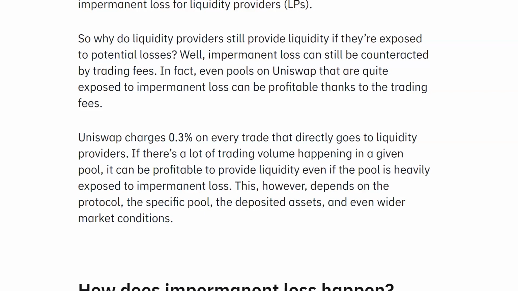Uniswap charges 0.3% on every trade that directly goes to liquidity providers. If there's a lot of trading volume happening in a given pool, it can be profitable to provide liquidity even if the pool is heavily exposed to impermanent loss. This, however, depends on the protocol, the specific pool, the deposited assets, and even wider market conditions.